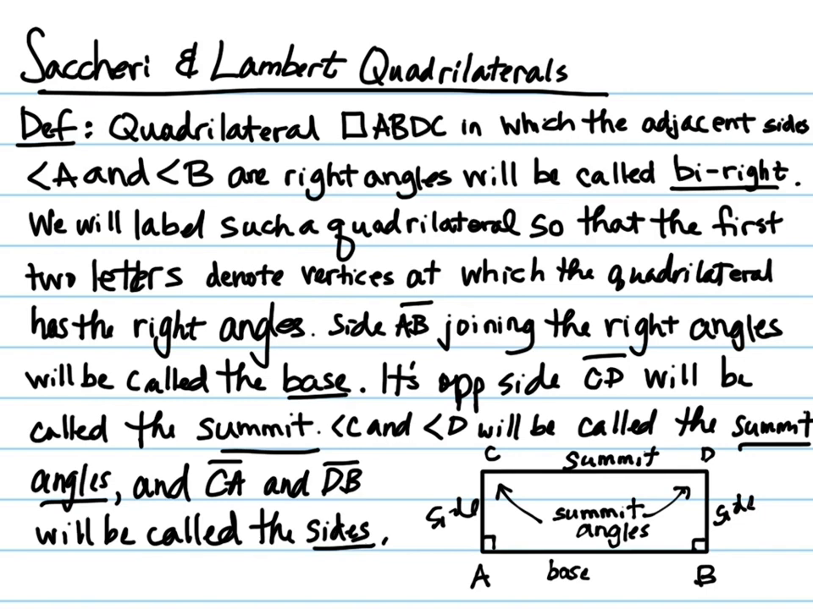I'll give you one more definition and then we'll stop for today, because it actually gives me one of the words that I called this section. This is the Saccheri quadrilateral. This is a very important definition, so important that we're actually going to call it an important definition. Do you like that? Important definition. A bi-right quadrilateral